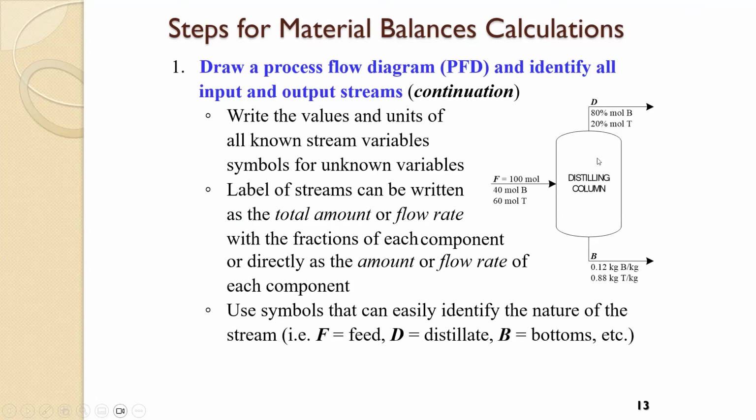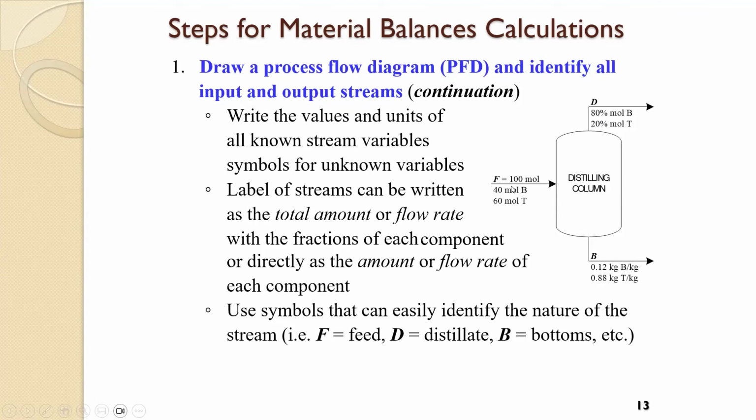In this case, it's a distillation column or a distilling column. So you know that something comes into the distilling column and then it's separated into two, the light products and the heavy products at the bottom. So the distillate and the bottoms. So what we do here is we label, typically those capital letters are either mass or mole or volume. So the ones at the bottom are typically composition.